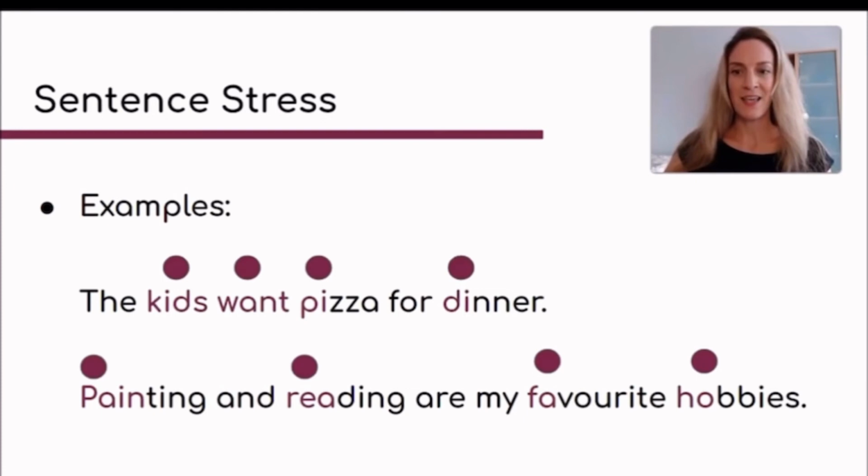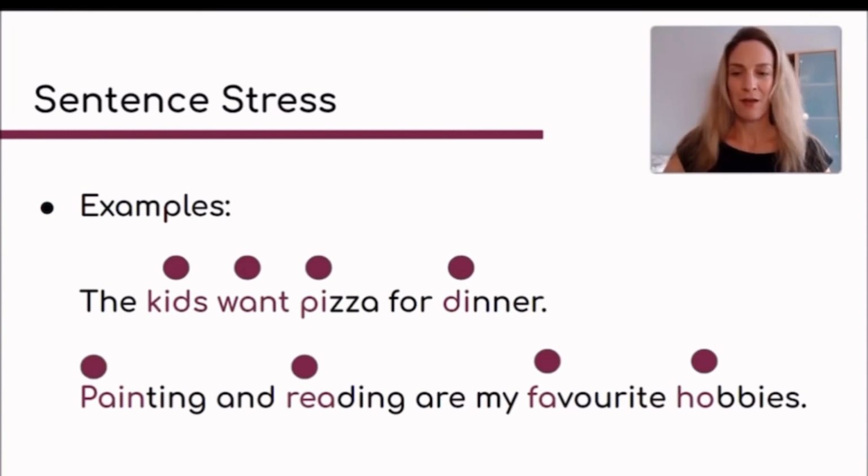So the first sentence is, the kids want pizza for dinner. And the words that are stressed I've put in purple, and there's a little stress bubble above them. Now the words kids and want both only consist of one syllable. This is pretty easy. That's the one obviously that's stressed. And then pizza and dinner both consist of two syllables, but only the first one is stressed, and so that's why half of the word is only in purple. P and D, so pizza and dinner, are the syllables that are stressed, and so the bubble is just above that part of the word, okay?